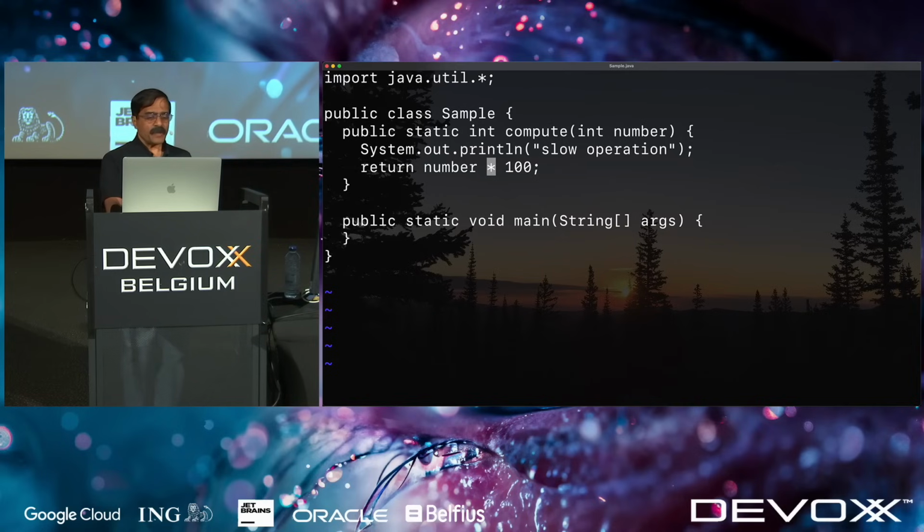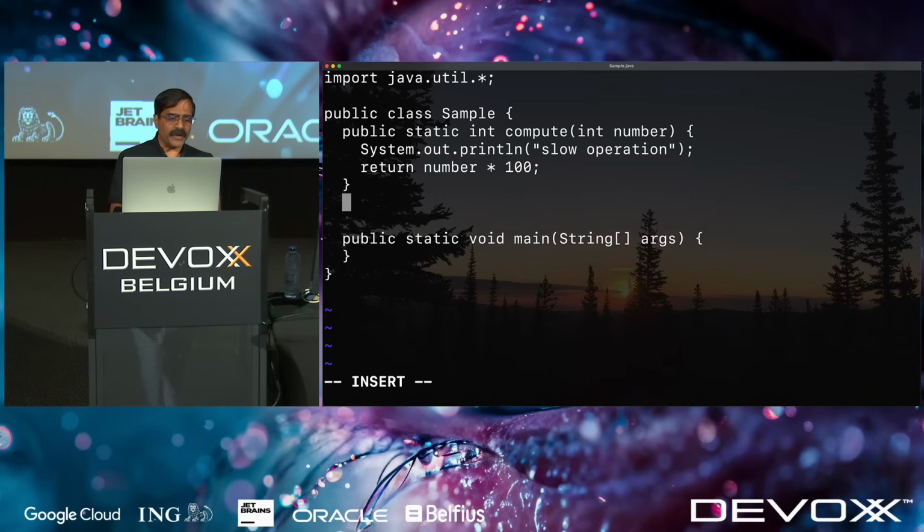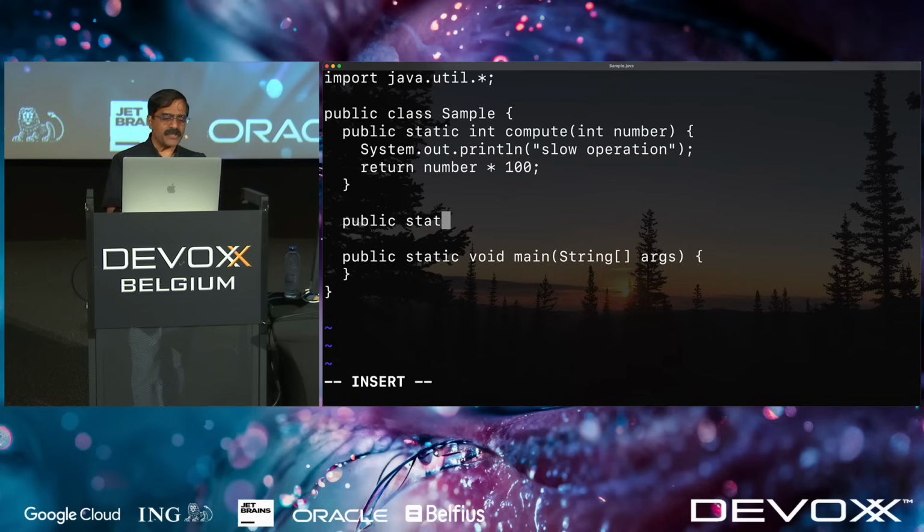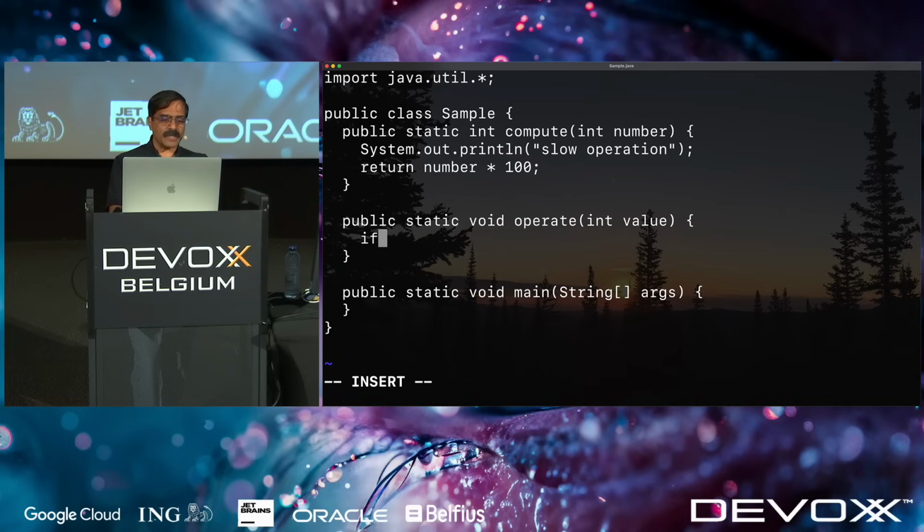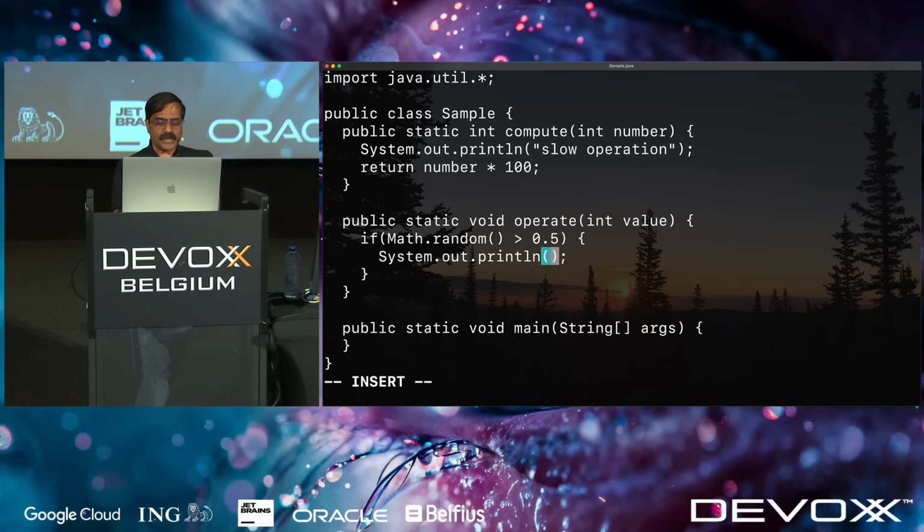So now, if I want to provide a function like this, so I say public, let's say static. Let's say in this case, we have an operate, and this takes a value, and it's going to do the following, something like this. Let's say if math.random, let's say, is greater than 0.5,